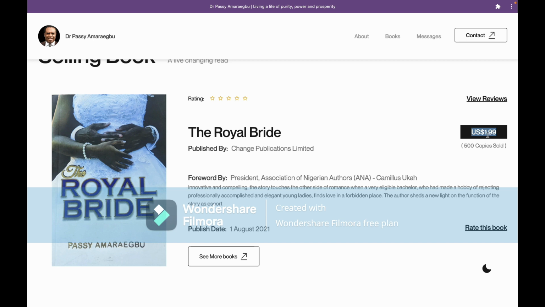You have US dollars, and then it's no longer showing up in Naira, and that's one beautiful thing. It's the same thing that Stripe offers, where your present main currency you can customize.